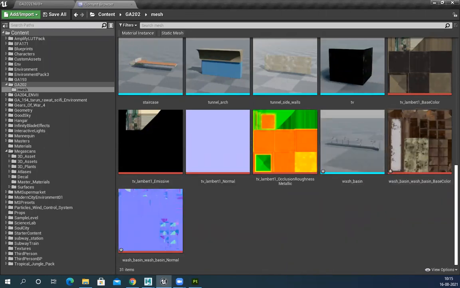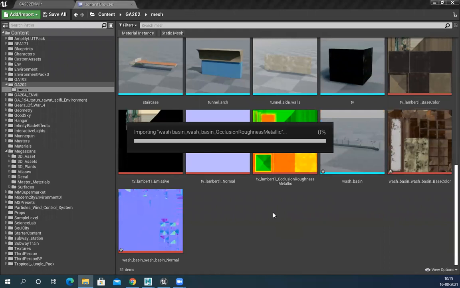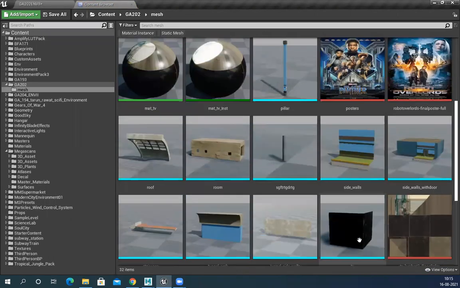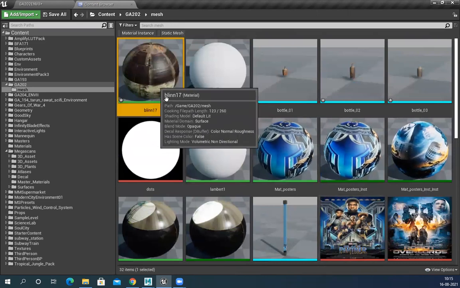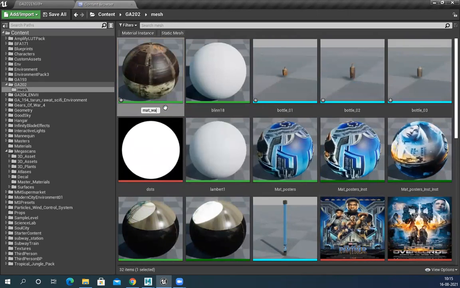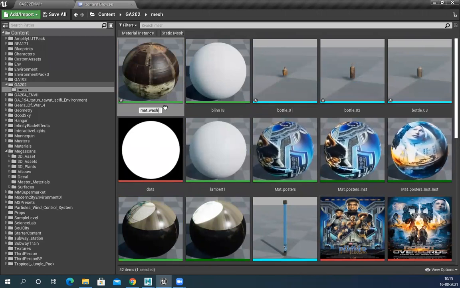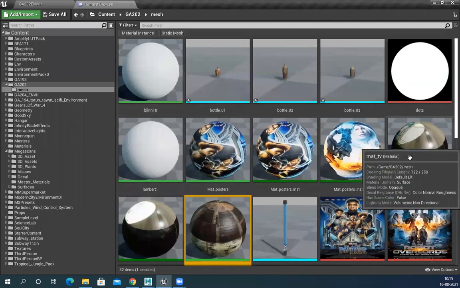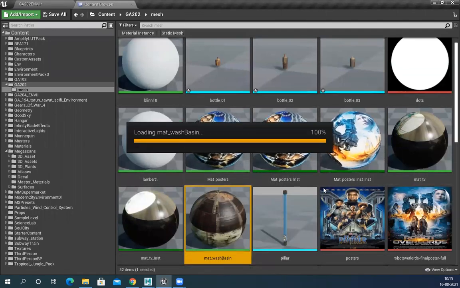I just need to import my ORM map. Imported, and I have to check which material. Here, this one. So I can rename it mat underscore spacing, and double click and open it.